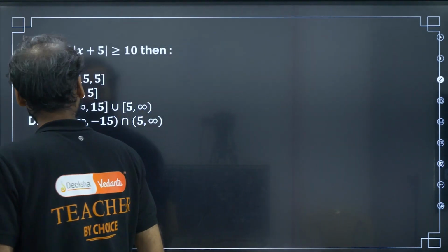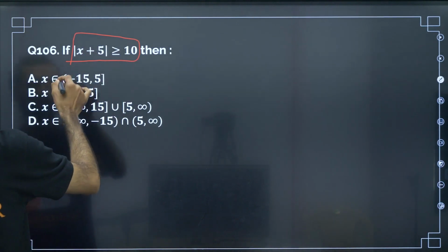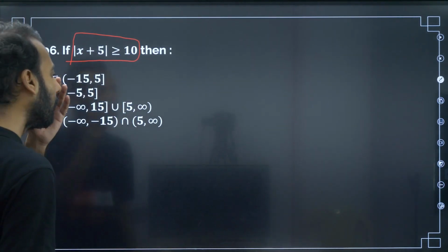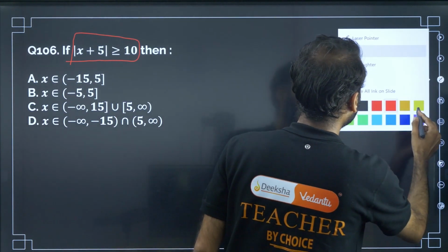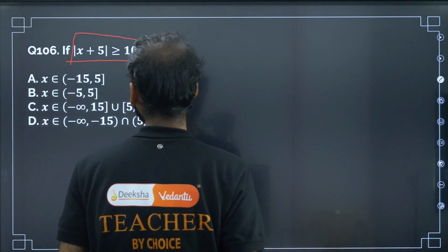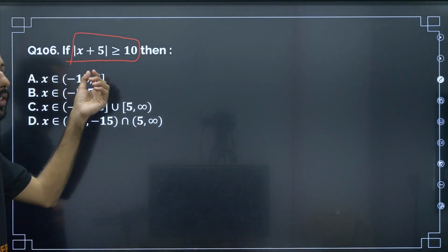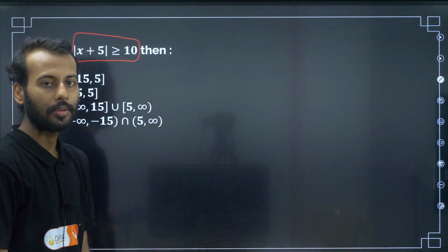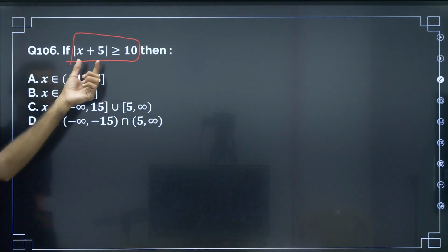Some linear inequality they have given. If the modulus of this is this, then they are asking us to find the x value. Very easy question, very simple concept. So how to solve this? See here, modulus function, properties of modulus function. You should be knowing. If you know the properties of modulus function, it is a good thing, or else you observe